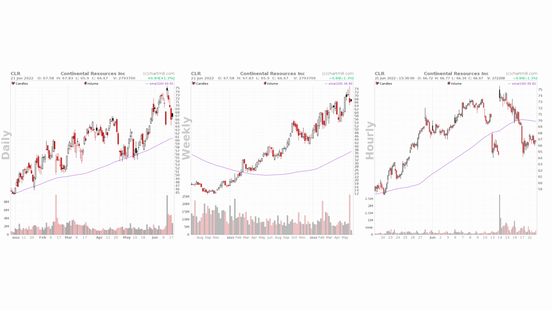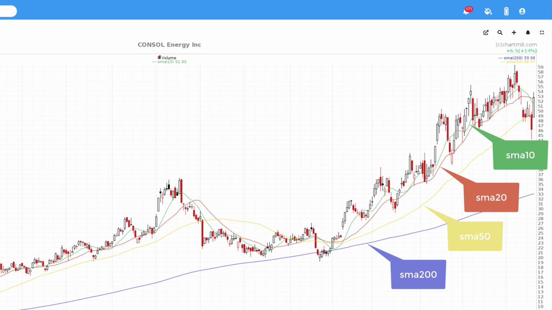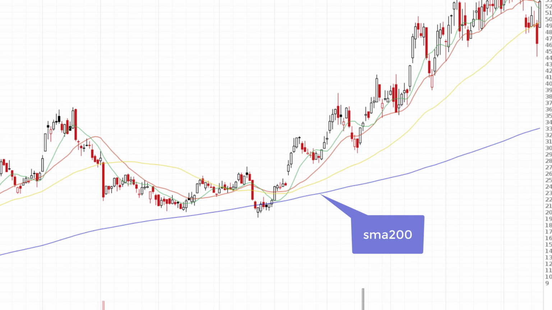Some commonly used moving averages are the SMA 200, the SMA 50, the SMA 20 and the SMA 10. The SMA 200 represents the average price of the past 200 trading days and is therefore widely used for determining the long-term trend. Stocks whose price is above the 200 SMA on the daily chart are considered bullish, and if the price is below that same 200 SMA, it is a sign that the stock is in a downward trend